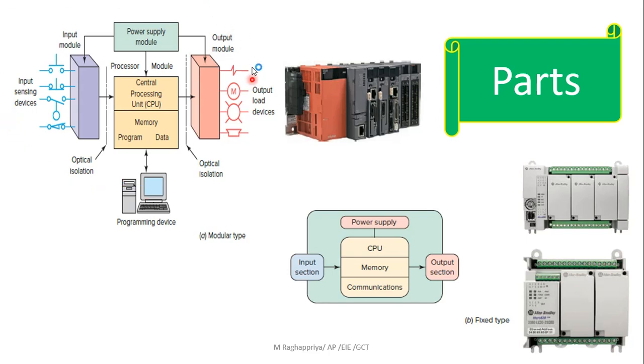Now look at this diagram. You can see that there is an input module here, and to this input module there are different devices connected, right? So these are the symbols of input devices which we will be discussing in the forthcoming lectures. Okay, so these are different input devices, that is sensors and transducers. Those input devices will be connected to the input module.